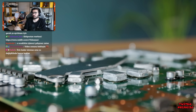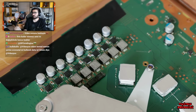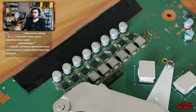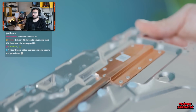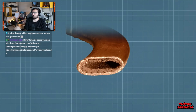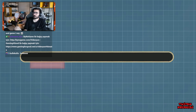But this isn't the case at all for the VRMs, which are in a row right here. These regulate the power input, and as a result, they generate too much heat to be dealt with passively by the lid. On the original PS5, Sony kept them cool by using a heat pipe to link them to a small heatsink. A heat pipe, for those who don't know, isn't just a rod of copper, but is actually hollow with a wick covering the internal surface. As there's a liquid inside that has a low boiling point, this liquid evaporates from the wick whenever heat is applied and then moves as a vapour to cooler areas where it condenses again before soaking back into the wick